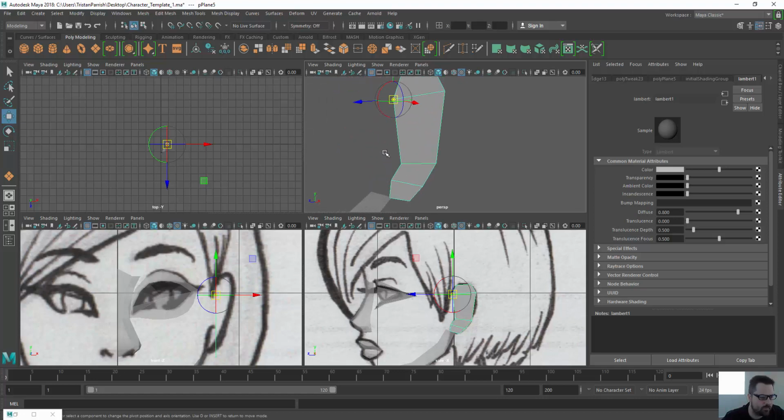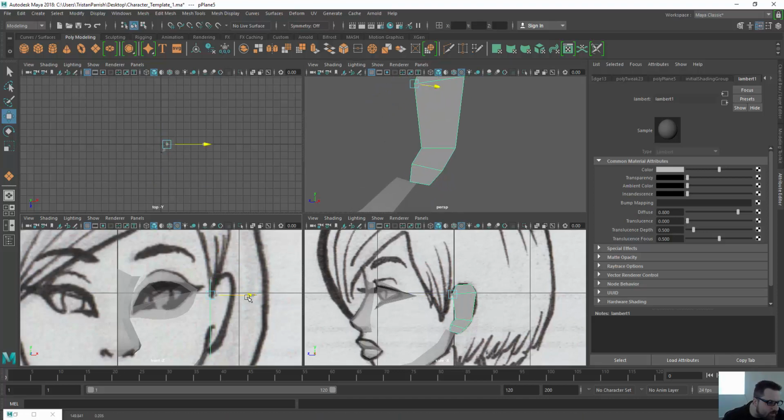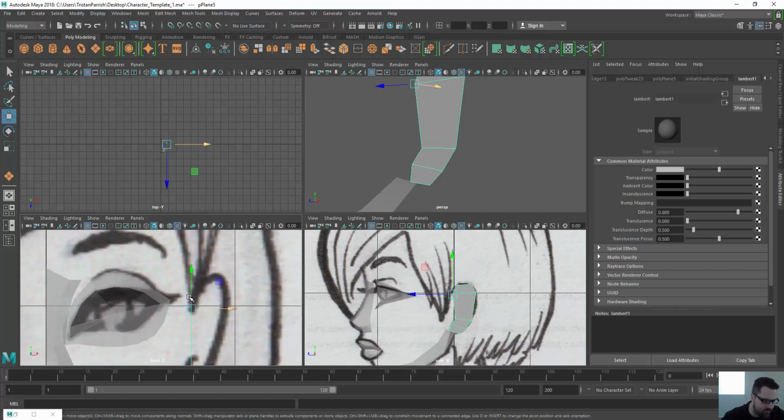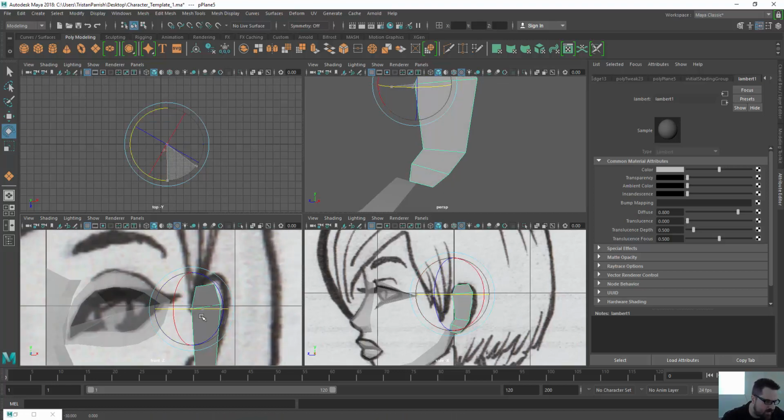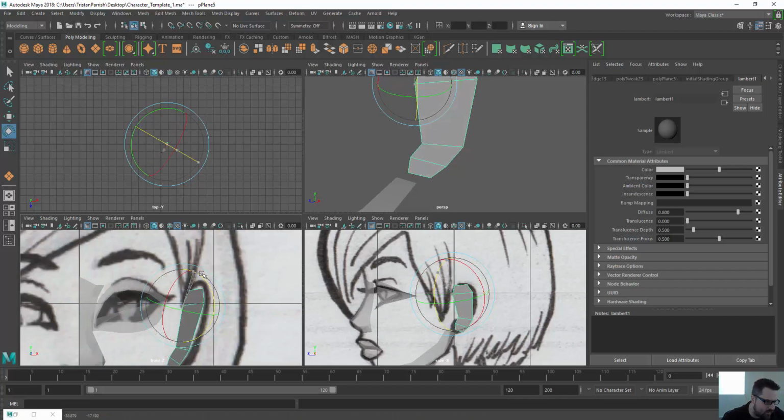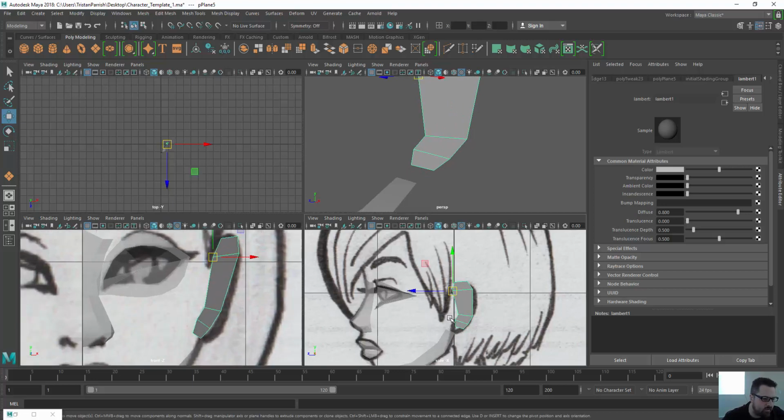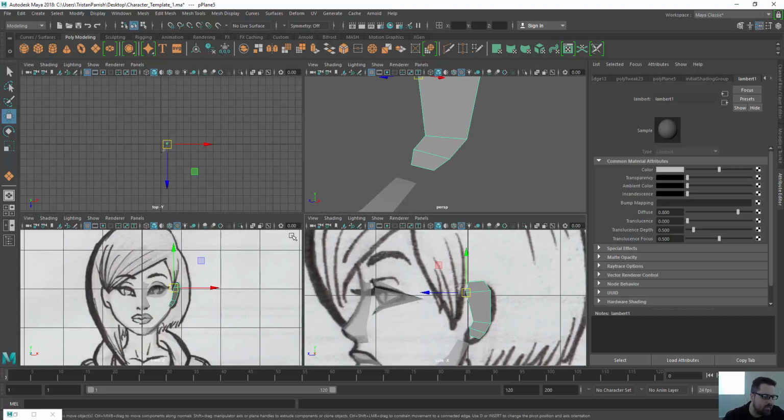Actually, maybe I'll snap to. No, that's probably fine. Then hit the insert key again. And then what I'm going to do is make sure that that vert is positioned in the side view like this, exactly, or roughly exactly where I want it. And then I'm going to rotate this out and rotate it into position so that it more closely matches the shape